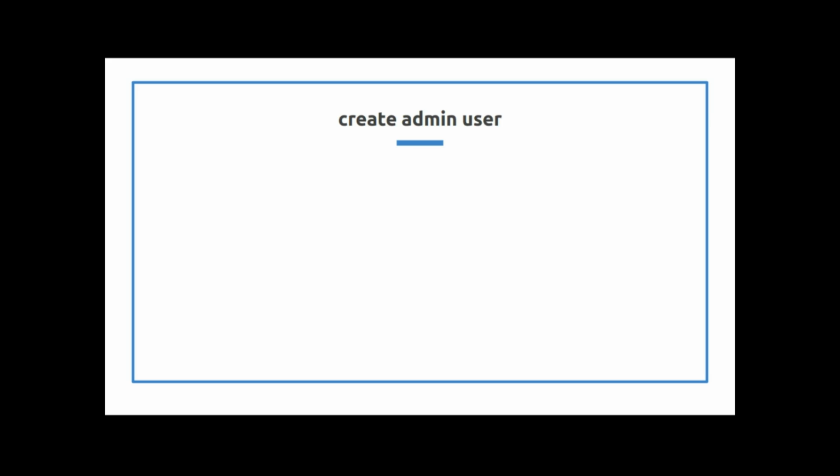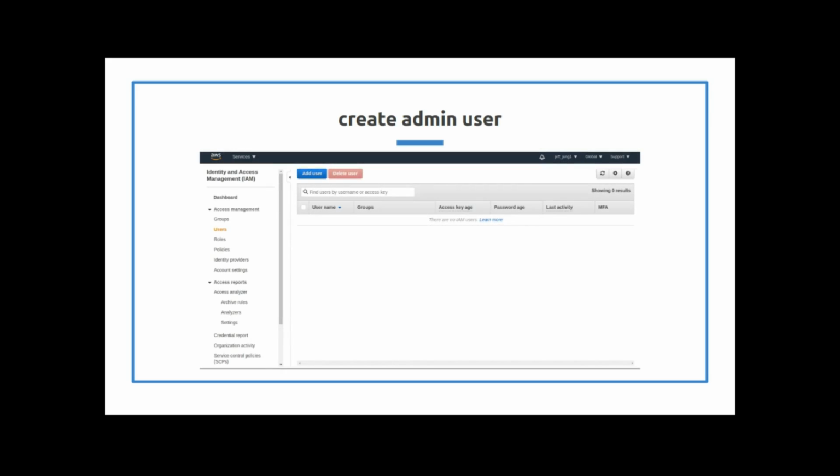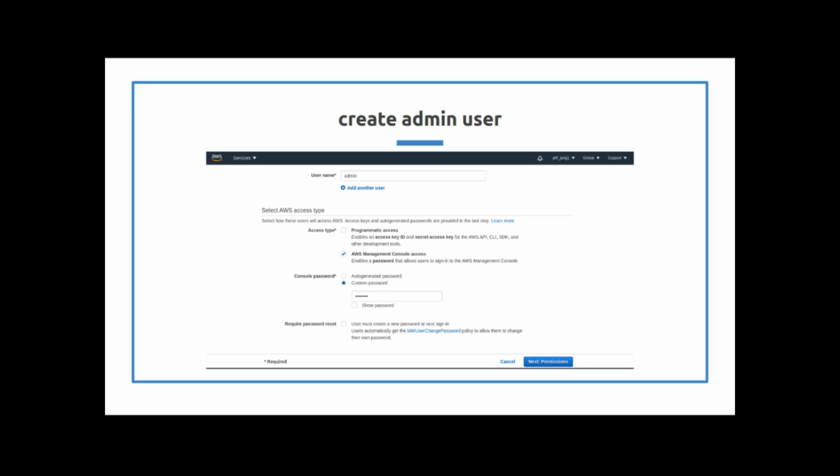So first user we're going to make is admin. To make this user, it's the same tab, the IAM tab, but now you go into users. So you go into users, and then you click add user, and then it's going to bring up this next screen where it asks you to put in information about your users.